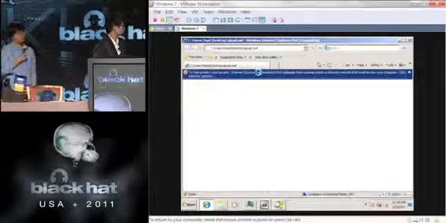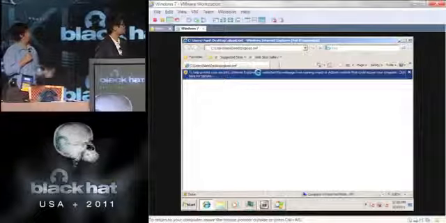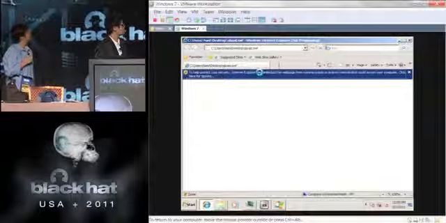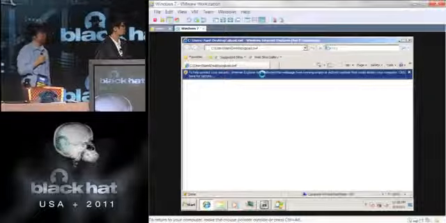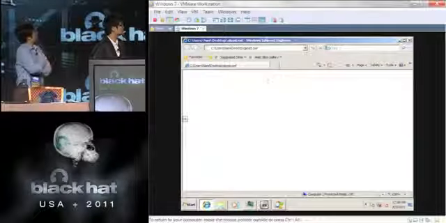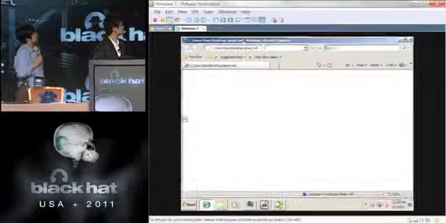And after this, we will attach IE to see the memory. Okay, loaded.